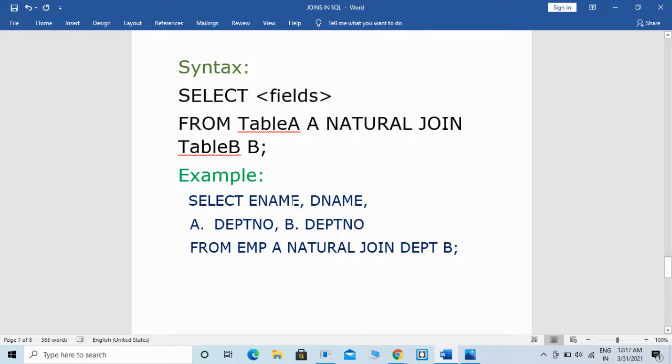For this query, we are going to execute on the SQL command prompt.